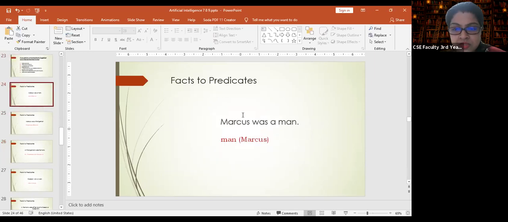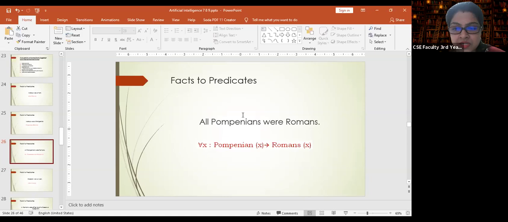So let us take a simple predicate. Here one simple predicate is there, having the implication sign. Now please tell me what would be the converted clause of this particular predicate. Anyone?